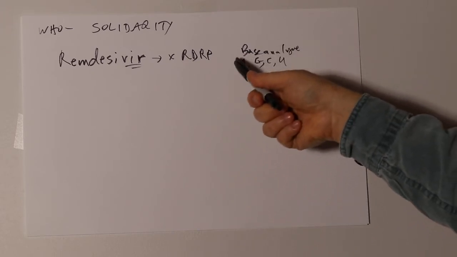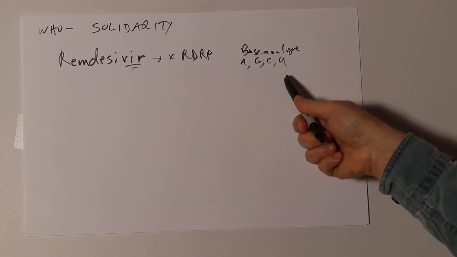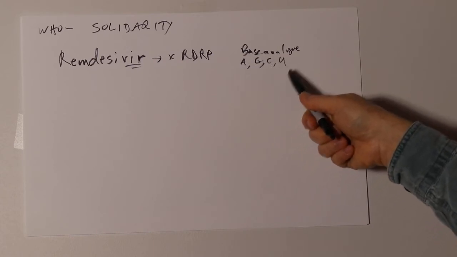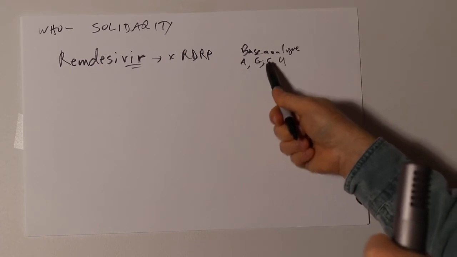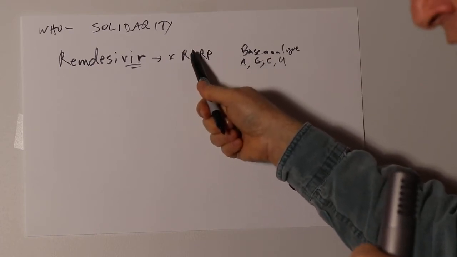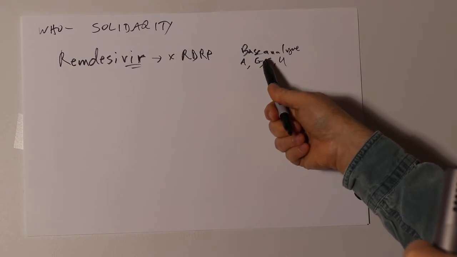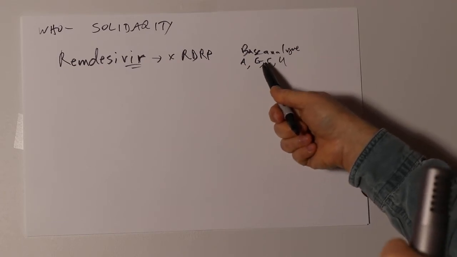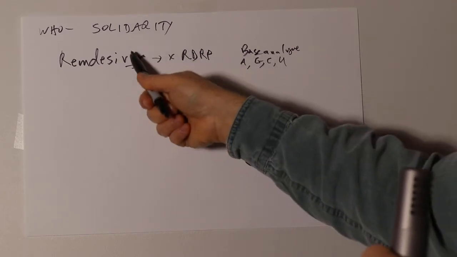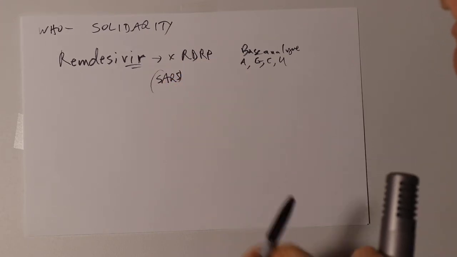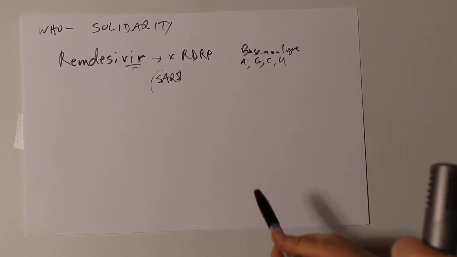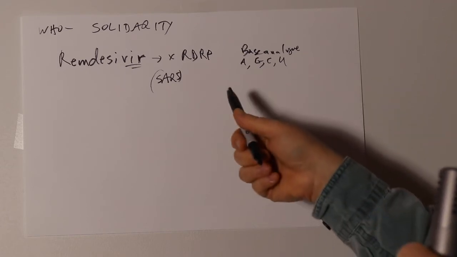But the thing is that we have other DNA-dependent RNA polymerases, as I said in our last video. So you need to come up with a base analog where, for whatever reasons, the viral RNA polymerase is blocked or inhibited by it, but our normal cell RNA polymerases aren't. And this drug was actually developed against SARS virus, if I understand correctly. And it was shown to work in animal models, but I'm not clear if it was ever tested in people.